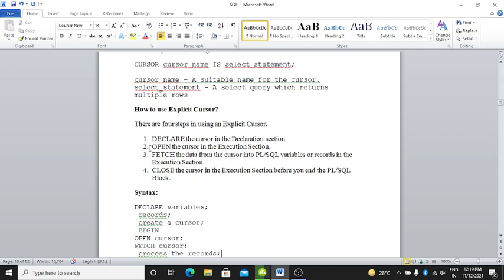Then close the cursor in the execution section before you end the PL/SQL block. Clear? These are the four steps to use the explicit cursor.